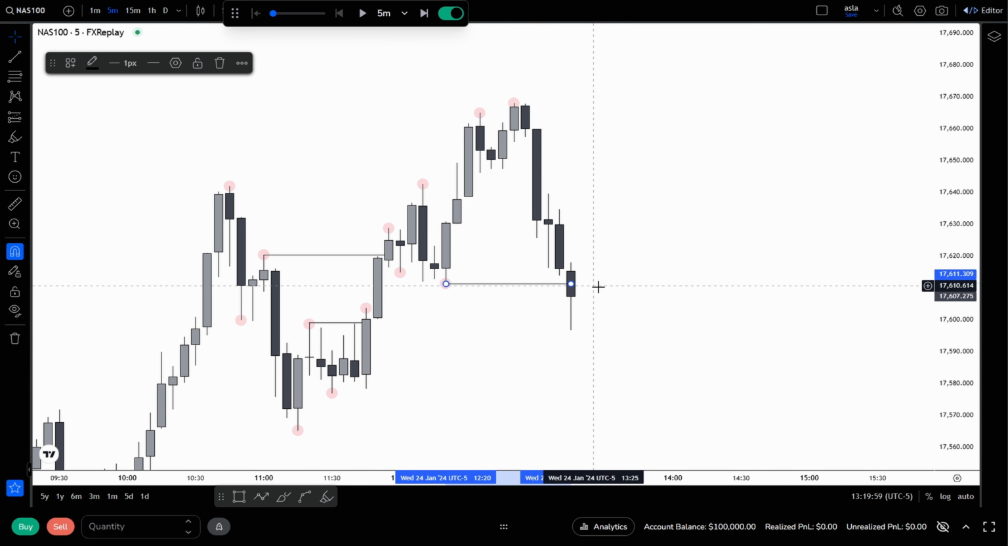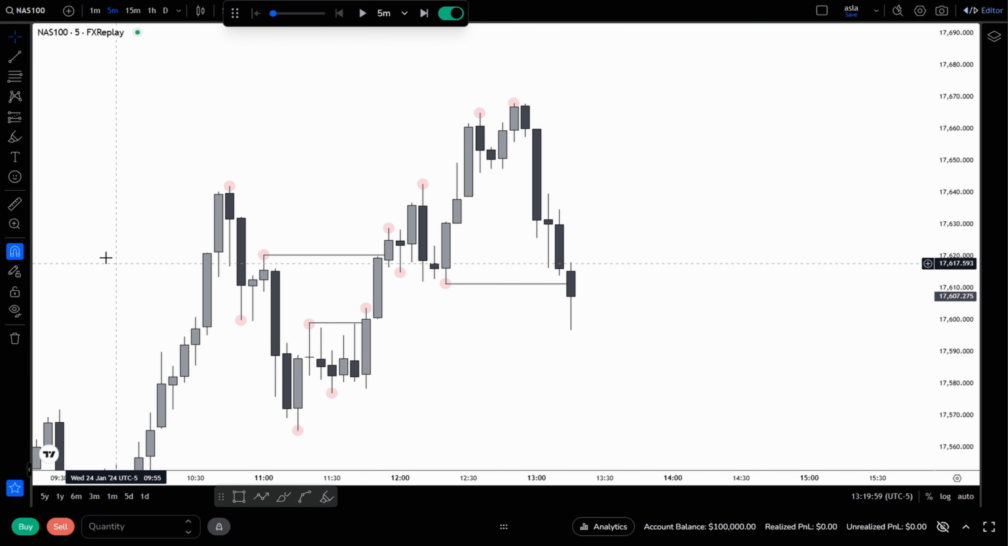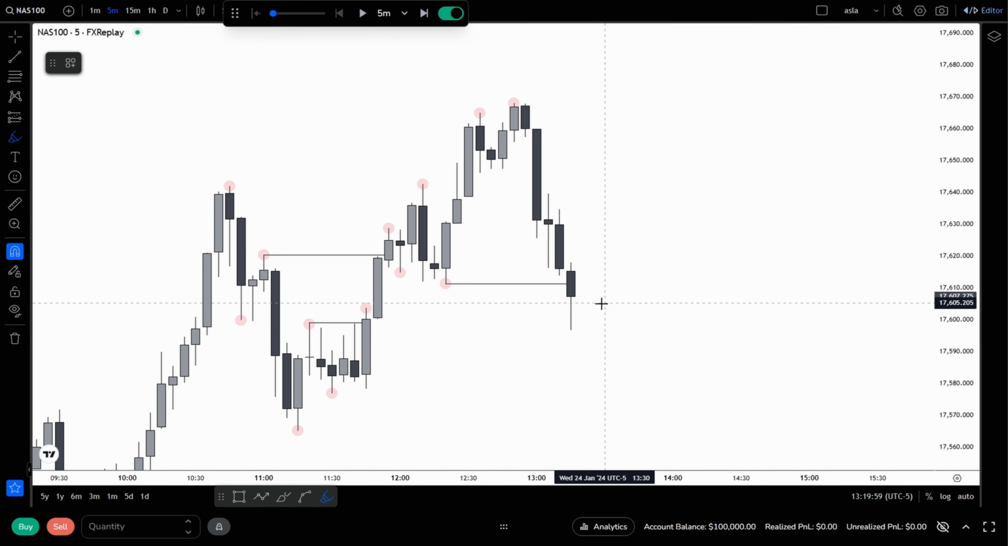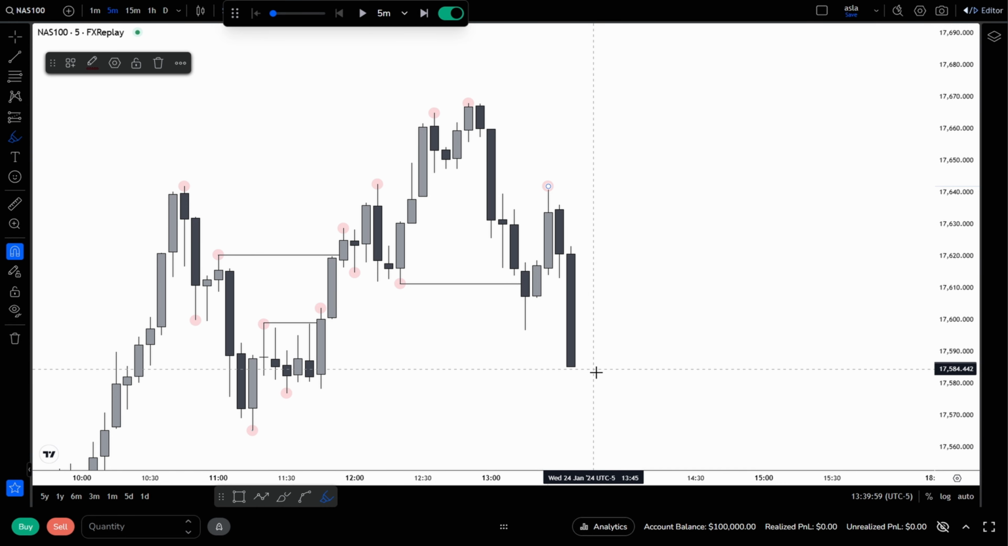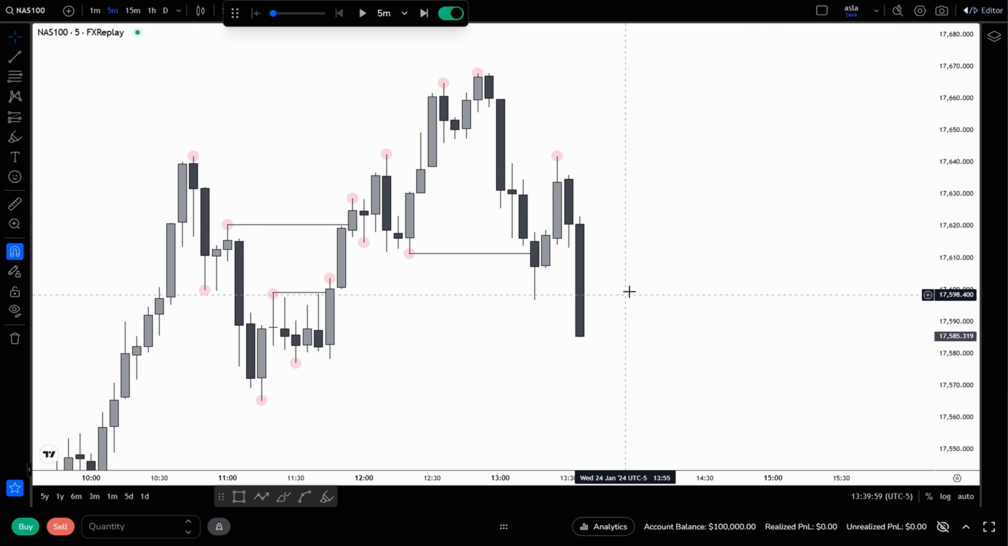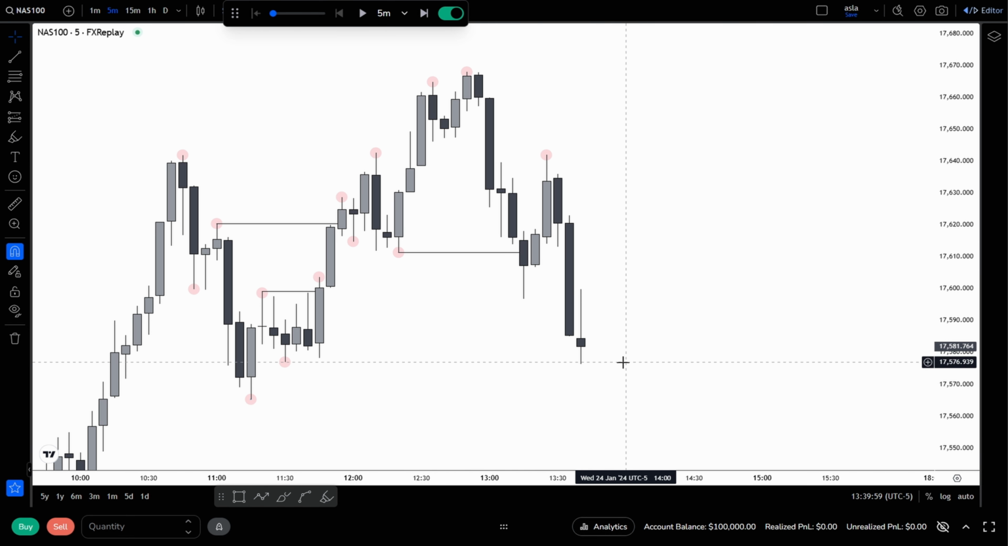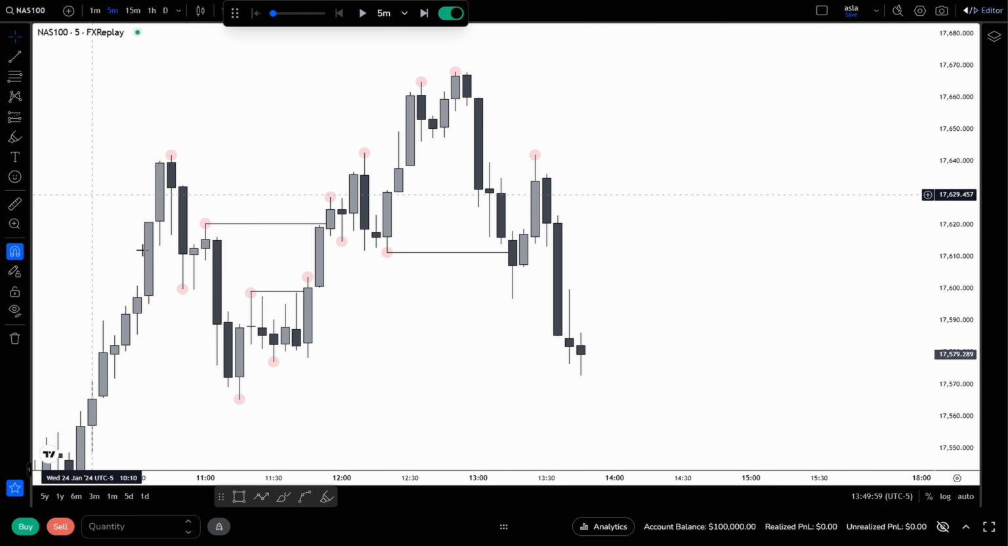Now we have lower high, lower low. That confirms the bearish shift. From that point, if the bearish trend is going to continue, we want to see more lower highs and lower lows. And that is exactly what happens. Now here is the key lesson. Structure can look messy in real time. There will be sweeps, there will be internal highs and lows